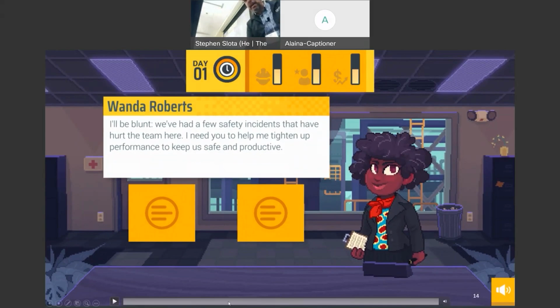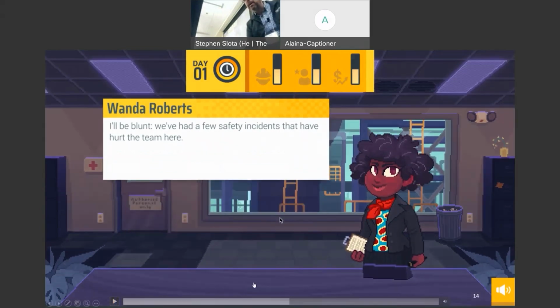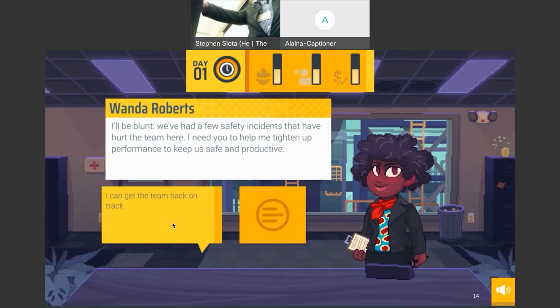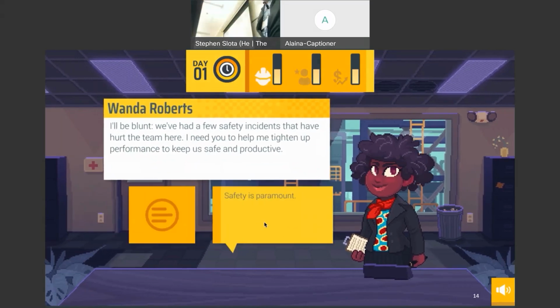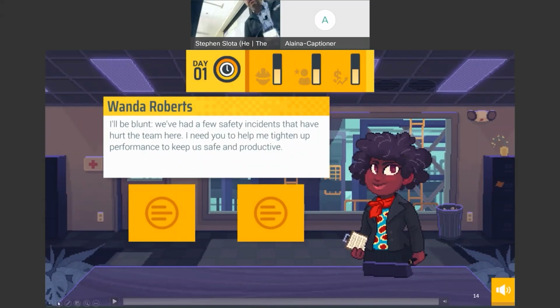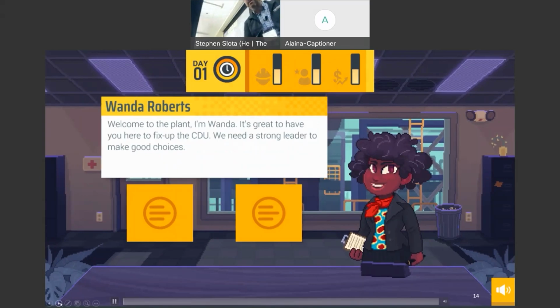So I'll show you that again just so you can see how it works. You see up there at the top, that one's going to impact safety. That one's going to impact personality or relationships. That's the feedback that students are getting in real time as they're going through it. They might have 15 or 20 of those decisions, and different people will come in and talk to you. And so part of the game is figuring out the whole cast of characters.